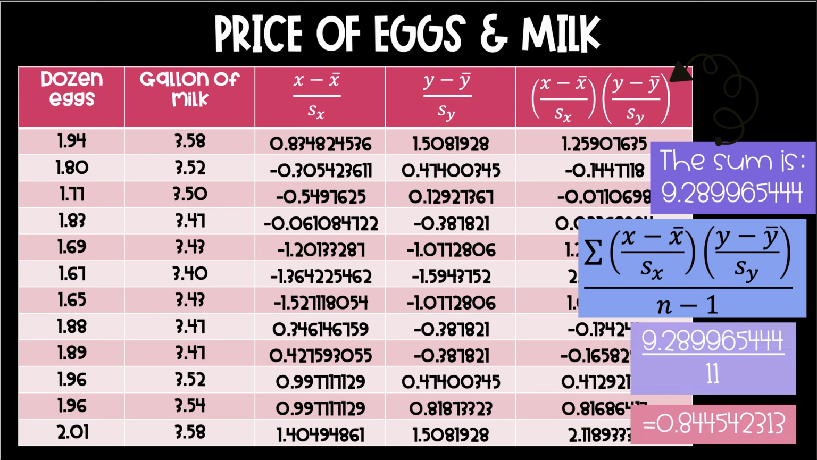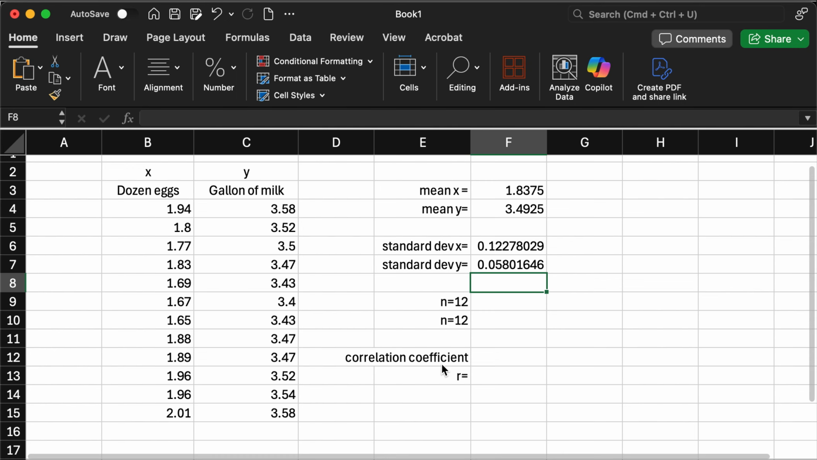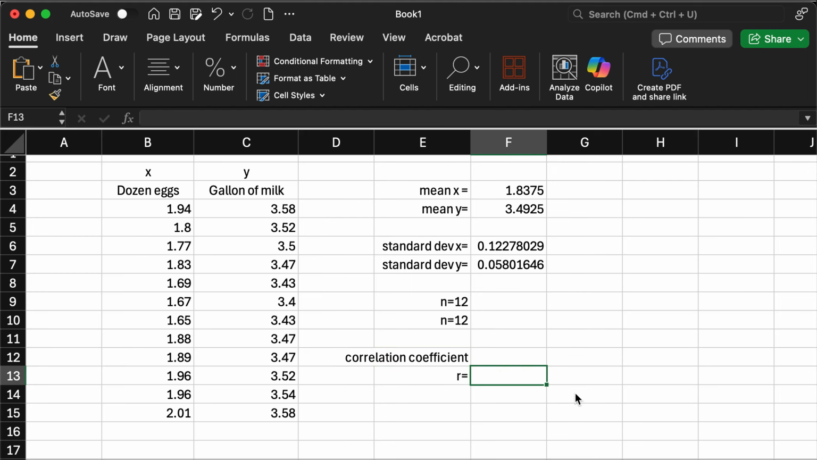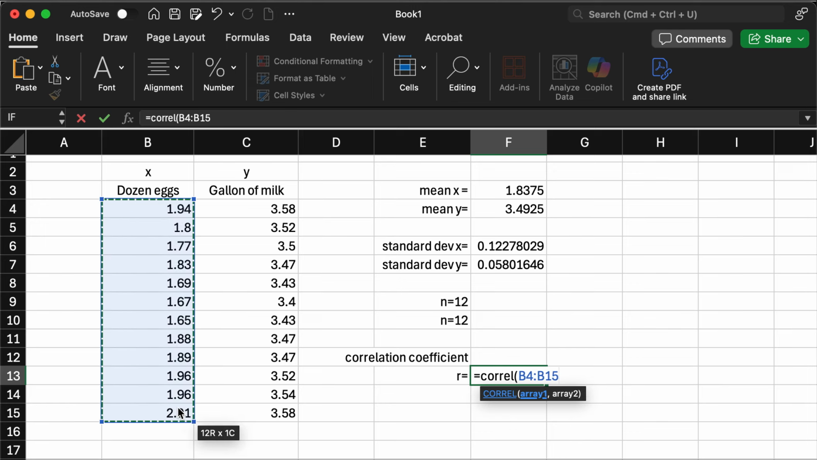The correlation coefficient was 0.8445, if we want to round to the 4th decimal place. In Excel, we don't have to do all of these columns, and you don't have to do all this computation. To find the correlation coefficient R, all you have to do is use the command equals CORREL, C-O-R-R-E-L, open parentheses. You choose the first column, the one that is the independent variable in this case, press comma, and then select the second column,